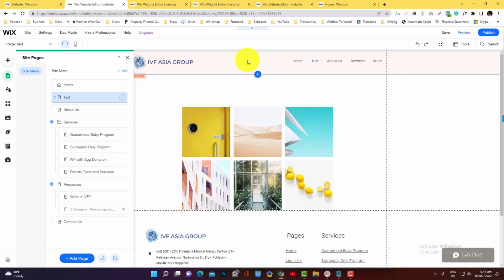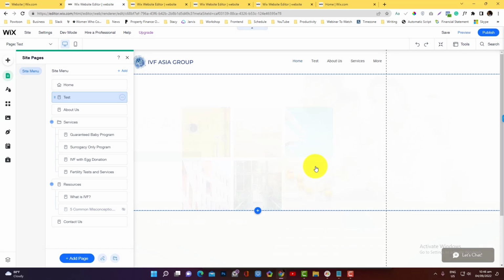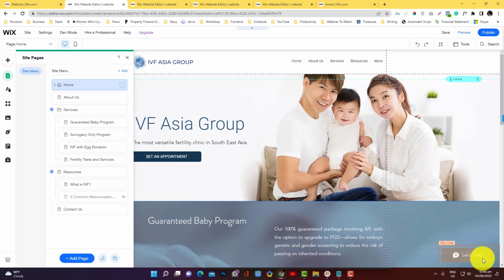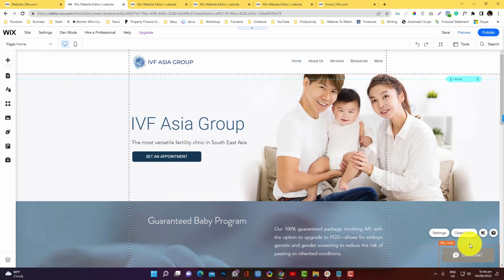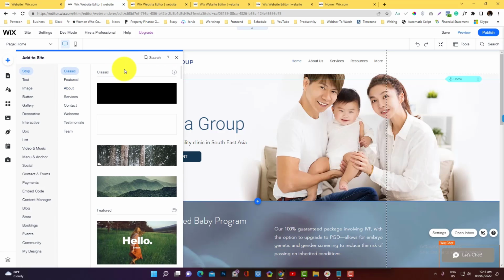I'm not gonna go deeper, because it's super self-explanatory, you can just simply drag and drop elements in here. Okay, I'm gonna delete this one here, click edit and delete. Now, with regards to the live or let's chat options, it is normally located in this area. So I have this Wix chat here, by the way, and it is created from the elements here. If you search for it and code chat,